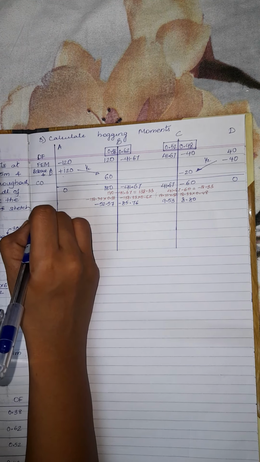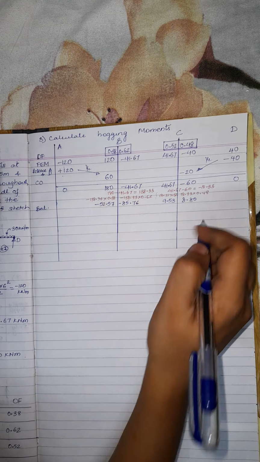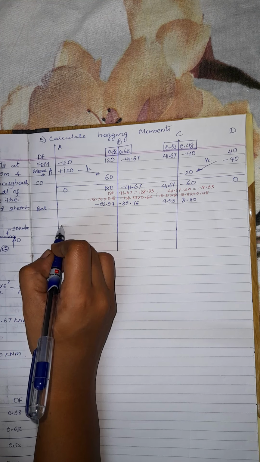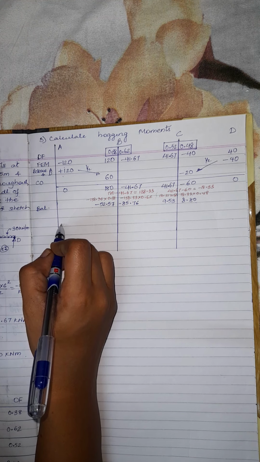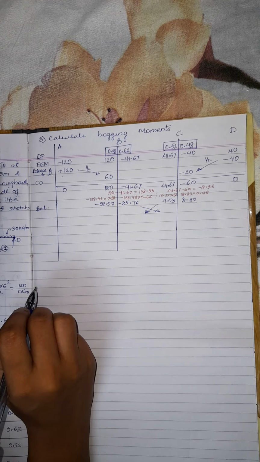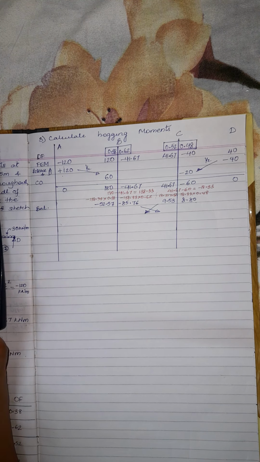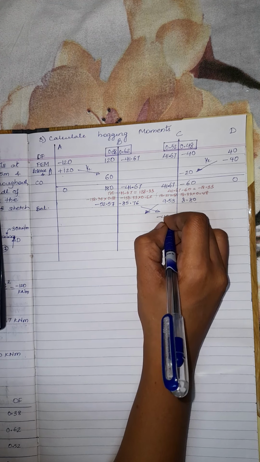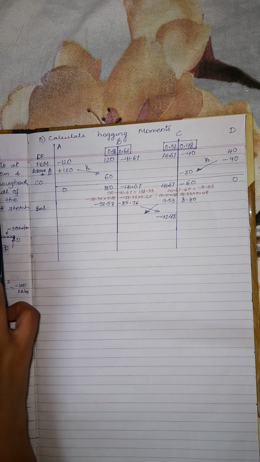Okay. Now what is the next step? This is balancing. Next is carry over. You cannot send moment to this support. Supports A and D are simply supported, so you cannot send any value to the joints A and D. But you can send the values this way, to the adjacent joint. So 50% here: 85.76 divided by 2 is minus 42.88, and 9.53 divided by 2 is 4.77.